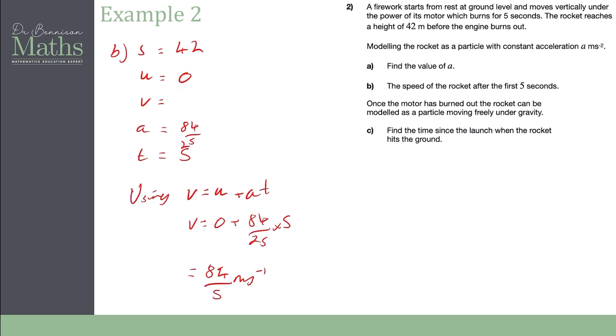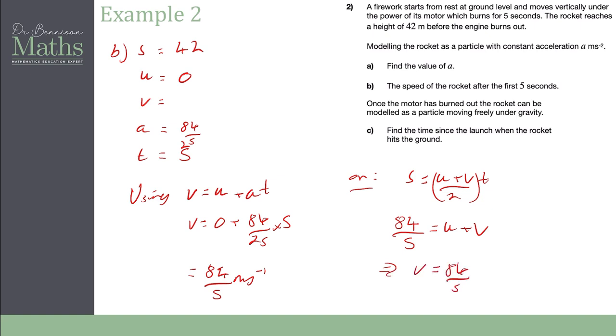So I could potentially use the S equals U plus V over 2 times by T to say that 84 over 5 is U plus V, but U is 0, so V equals 84 over 5. So that's the other way I could do